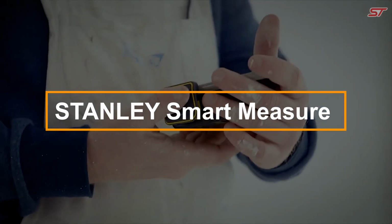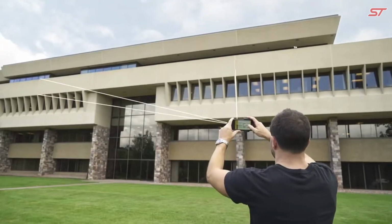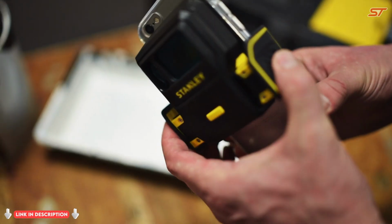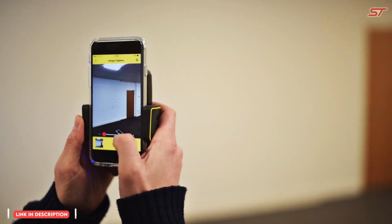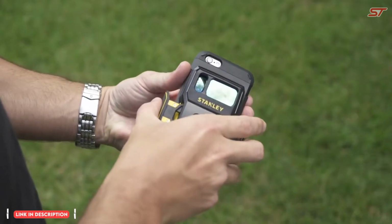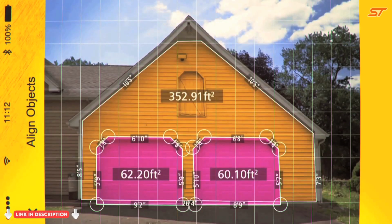STANLEY Smart Measure Pro is a versatile tool for measuring length, area, and volume, with a built-in calculator for instant addition and subtraction of measurements. It boasts impressive accuracy with an error margin of just plus or minus millimeters and a range of up to